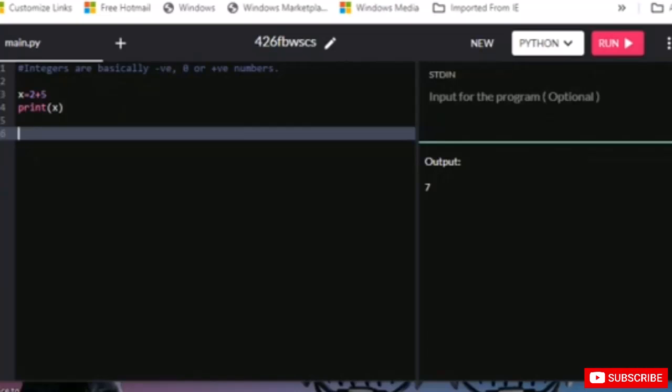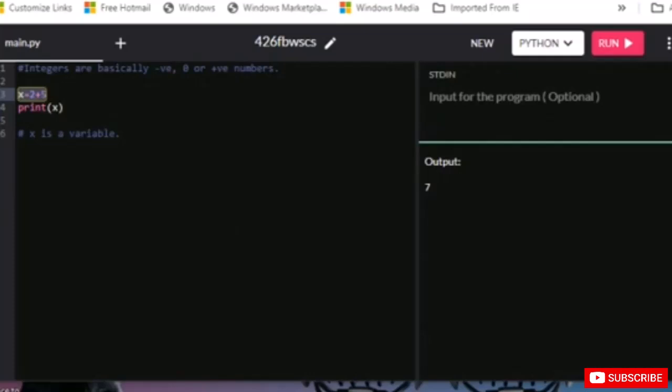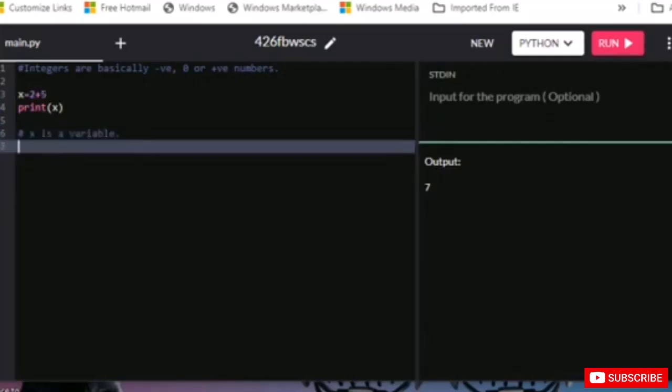So let's read a comment. Well, x is a variable. We are going to discuss variables later in our course, but for now I have to tell you what a variable is. Otherwise, why are we keeping it? Why not just 2 plus 5? But if we put just 2 plus 5, what can I call Python to print? I cannot call it to print 7. That's the answer itself. I want Python to solve this simple problem, 2 plus 5, for me.